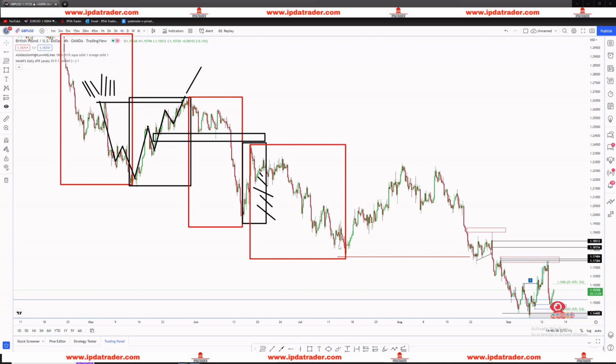After that, we get a new pullback up. Where does it hit? The very same story repeats. We have a supply over here, very easy to see. On our way down, we created liquidity in the form of a trend line so that when we start moving up, we are able to collect liquidity. And once again, see the nature of the retracement.